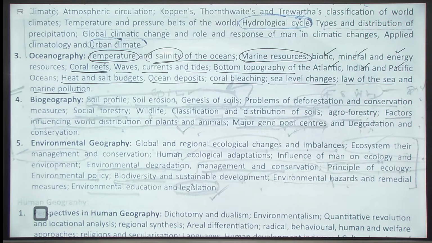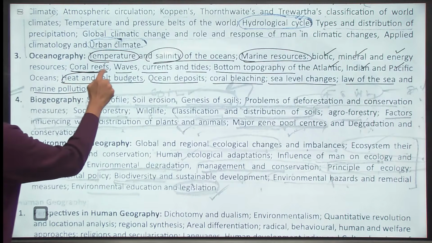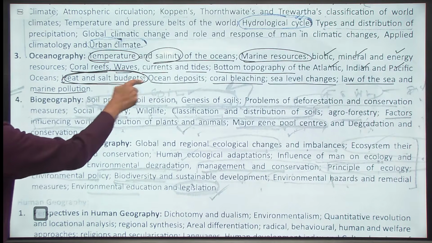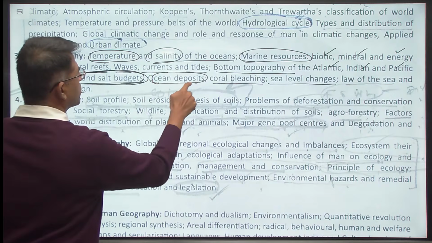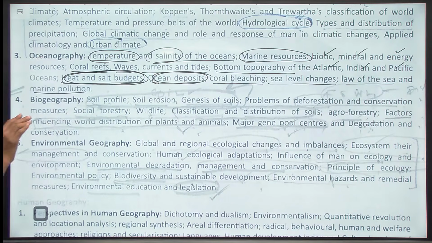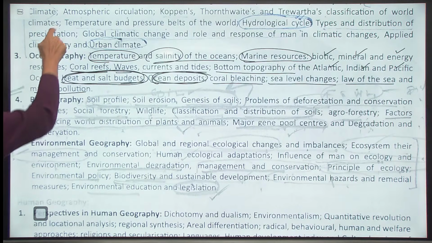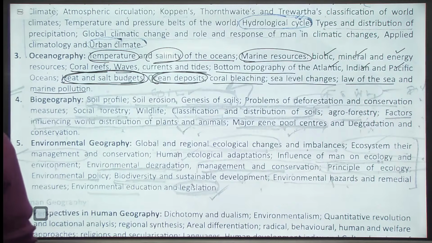अब बस ये टॉपिक छोड़ दो, leave heat budget and salt budget छोड़ दो आप. You can also leave ocean deposits. Okay. All the other topics are essentially GS topics. In fact, in the GS from the world geography, the two most popular subjects or units are climate and oceans. You have got very few questions from geomorphology, landforms वगैरह बहुत कम questions आते हैं. If you look at the bulk of the questions of the world physical geography, they come from the climate or ocean,